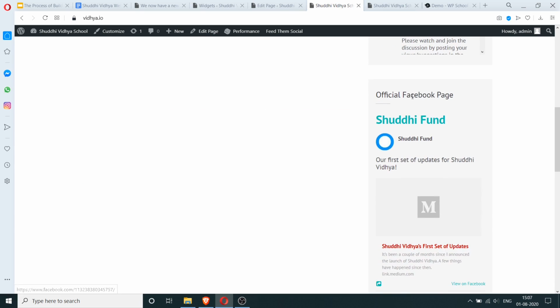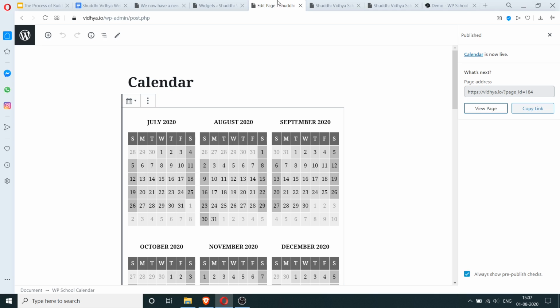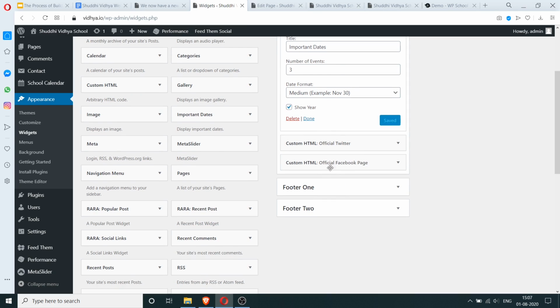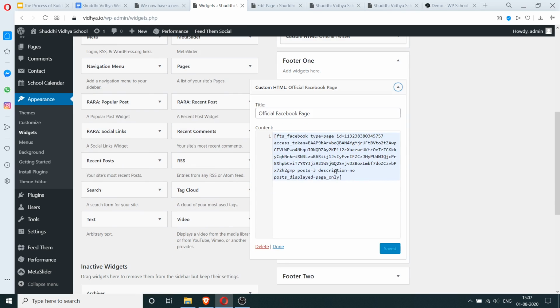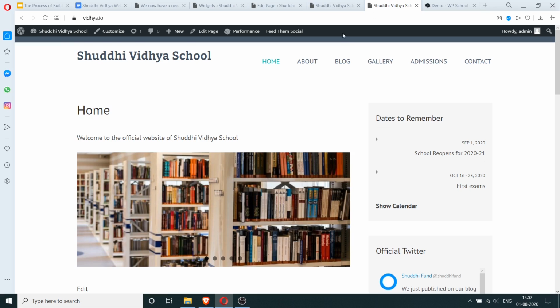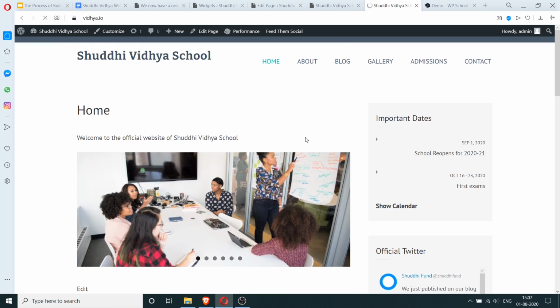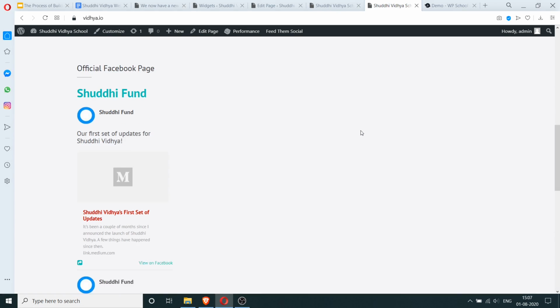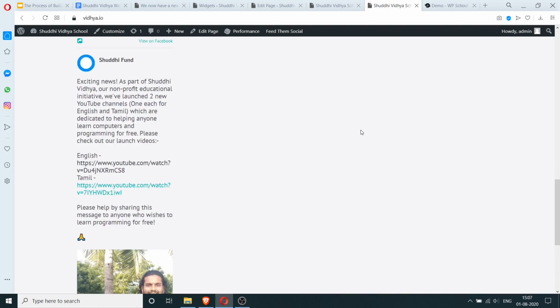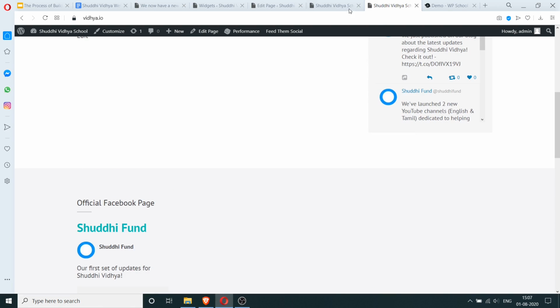Excellent. But let's move this official Facebook page to somewhere else. Let's try moving it to footer 1. And let's see if we can change some of these settings. Let's refresh the page. So we have it showing up here, but still it's too long.